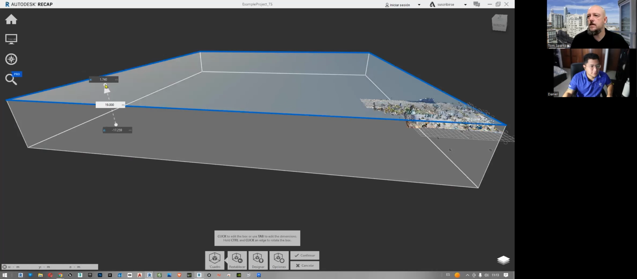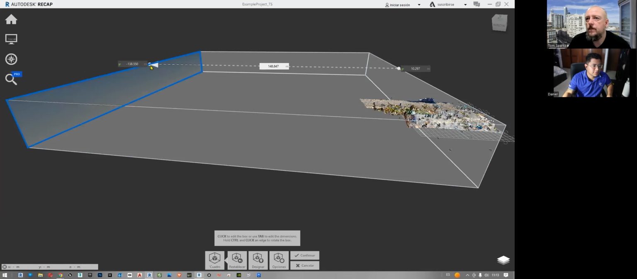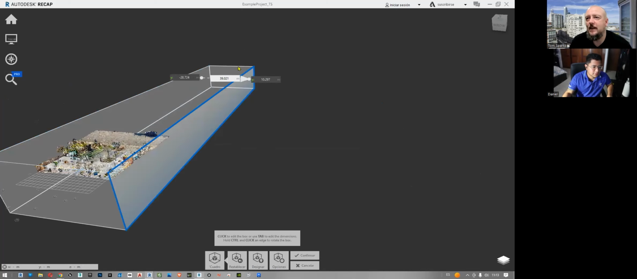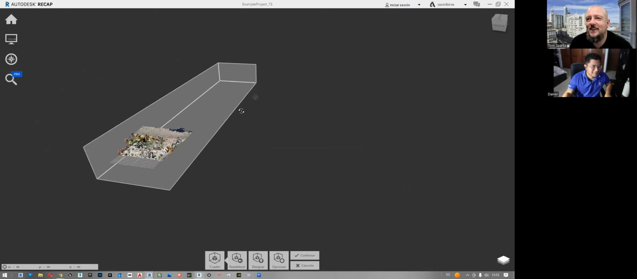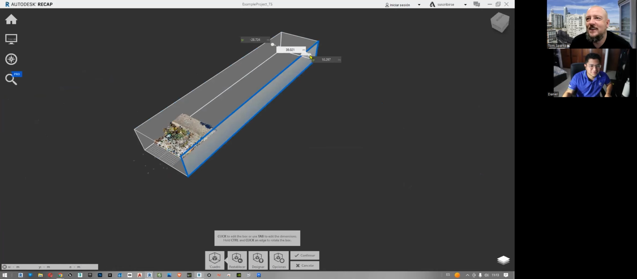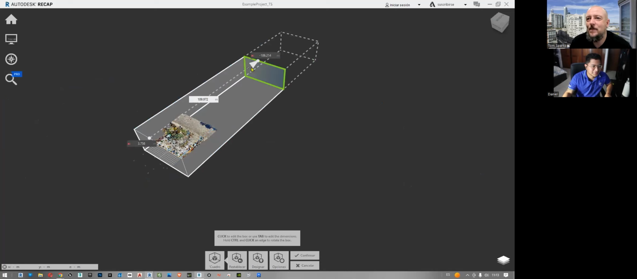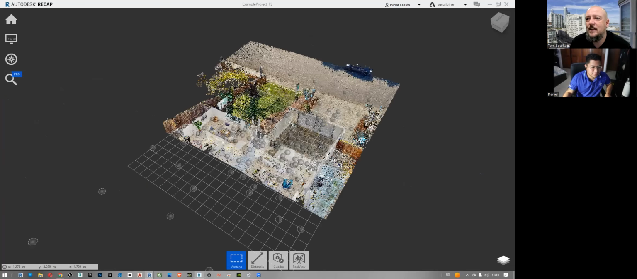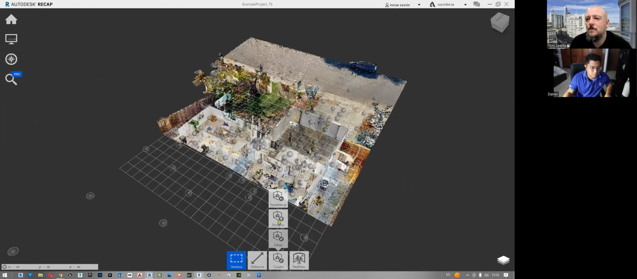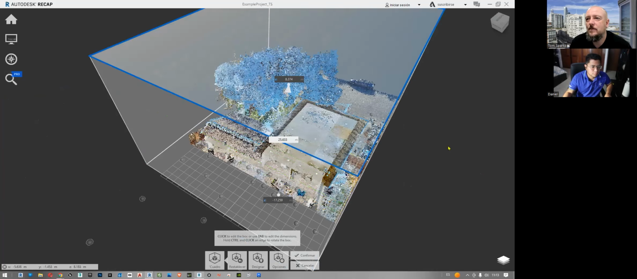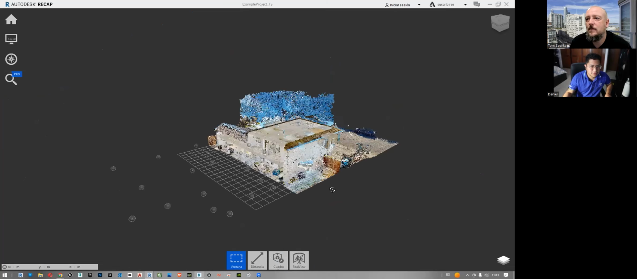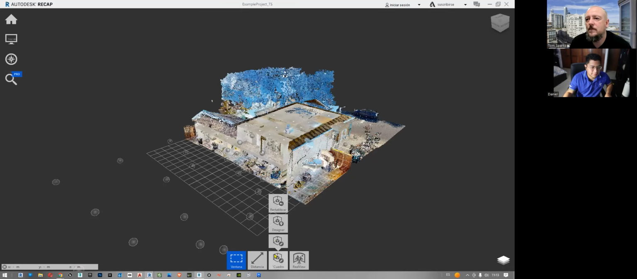I don't know if you have used Recap. I used it for 5 minutes one day and I got confused, so I stopped. It's actually really easy. If you need help with anything, you can reach me and I will help you. So let's see. So this is the whole house. I already cleaned the point cloud,